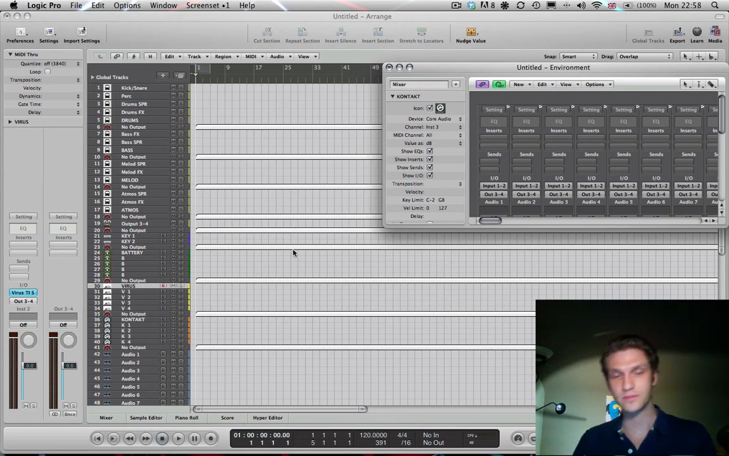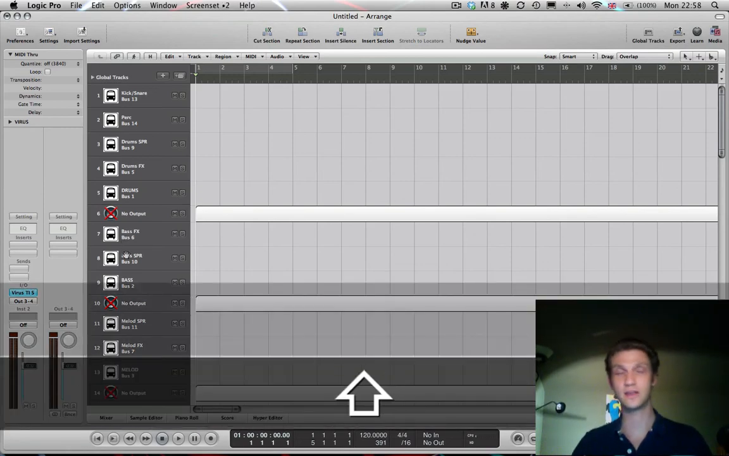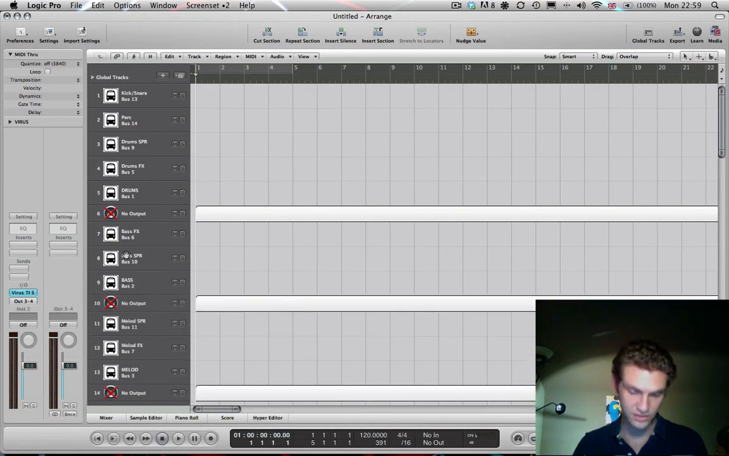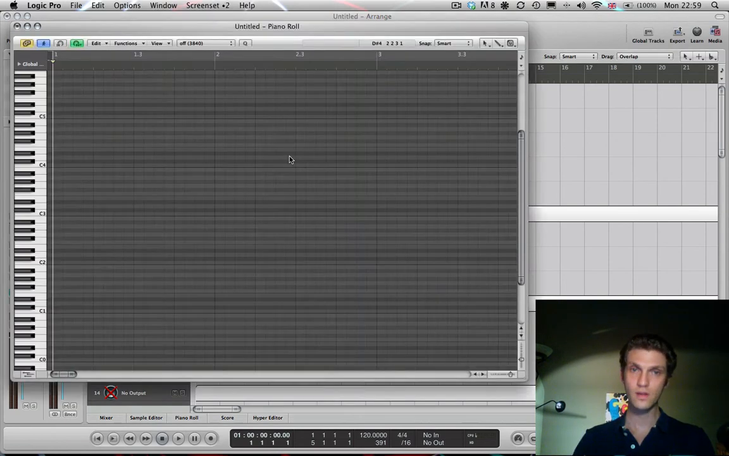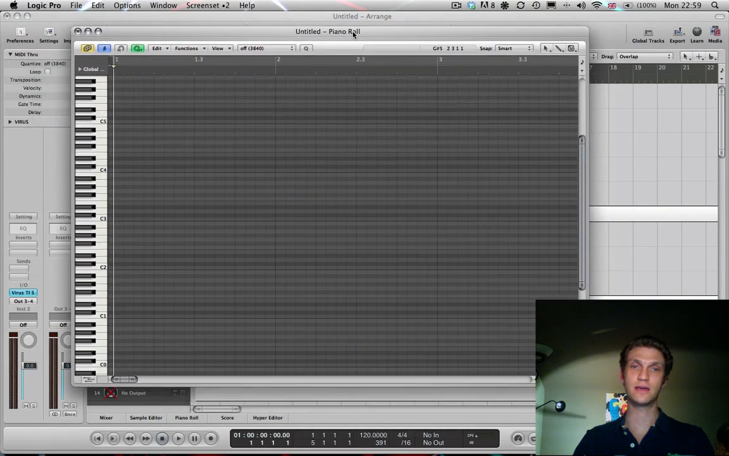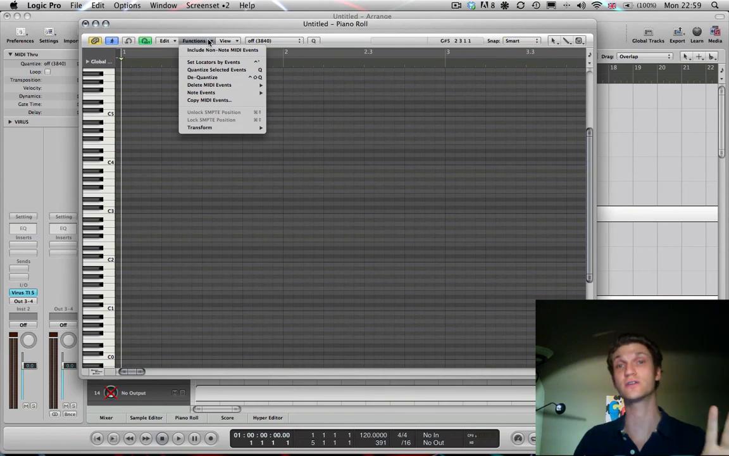So you set up screen set 1, hit the 2 key, and make a different arrangement of windows, and save by hitting Shift L. It's extremely useful. Speaking of screen set 2, in my case, I have a piano roll. And what I'm going to do here is I'm going to show you the functions, or just very quickly show you a couple of